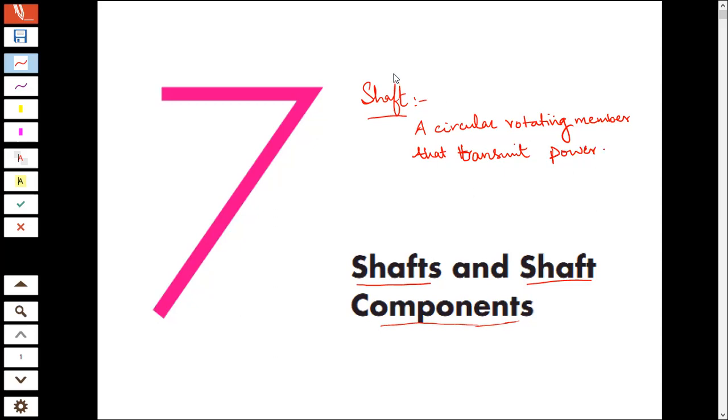So basically, a shaft is used for power transmission, and it rotates, so there is motion in there,